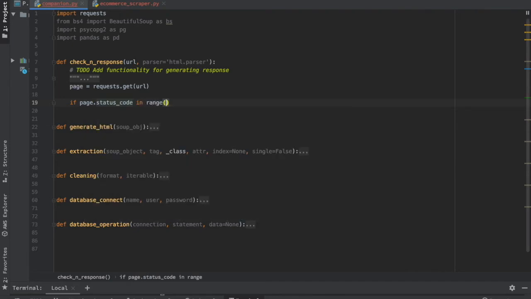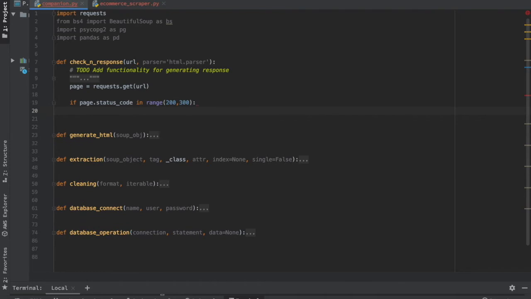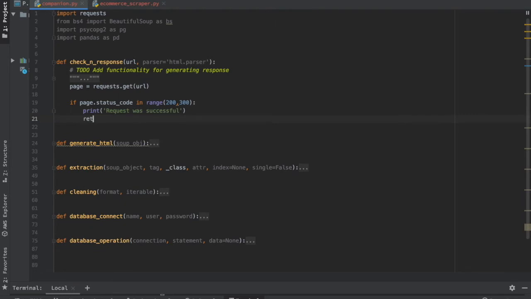I'm going to treat all the values from 200 to 299 as okay. So I'm going to say that the request was successful, and it will return you a beautiful soup object. That is just calling the BS.